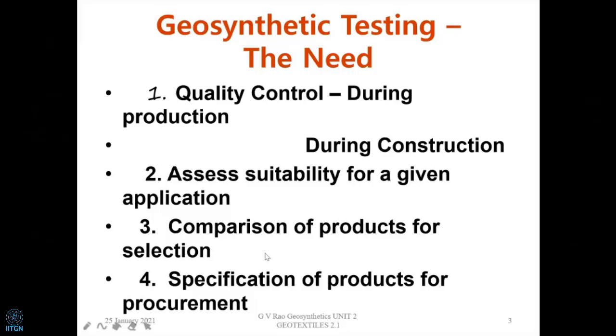Then, of course, we have to compare the products for selection. When we give a tender, let us say, how are we going to compare the products? Is it only by the cost? Normally we say L1, L2, the lowest and next lowest. Or is it also going to be the performance or the parameters that they look at? For example, a particular material could be similar, but one product could have a higher parameter, let's say higher strength, or it will be stiffer. So then we can compare them effectively.